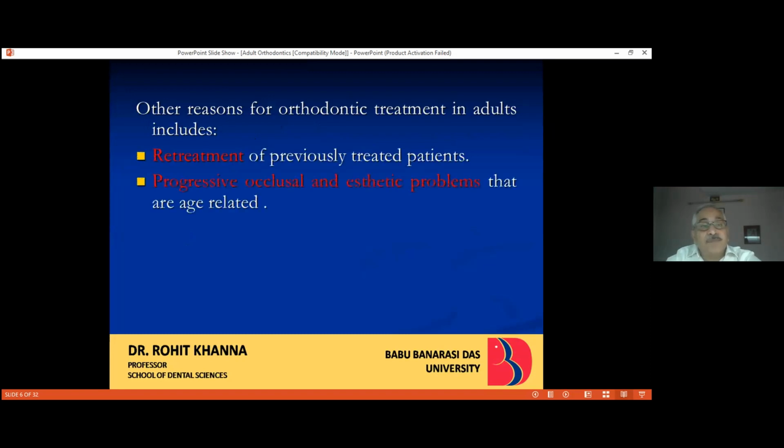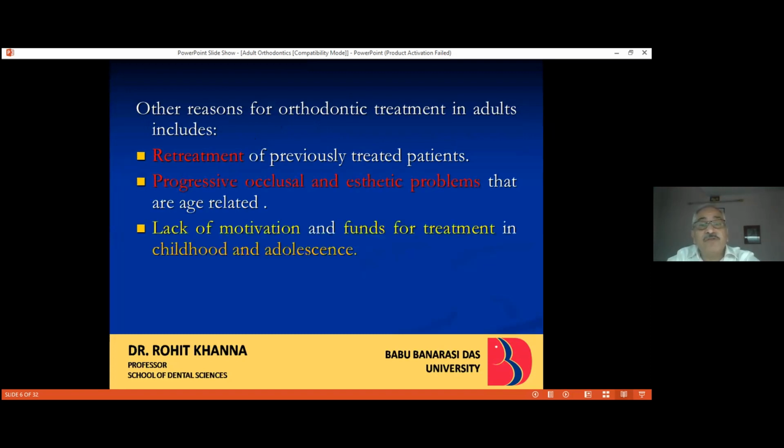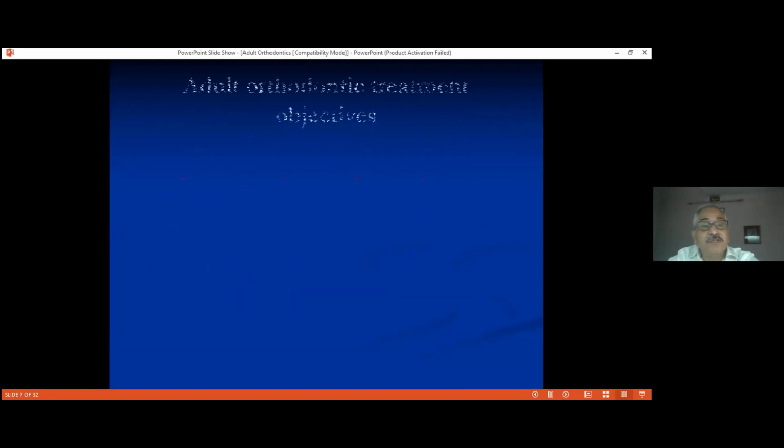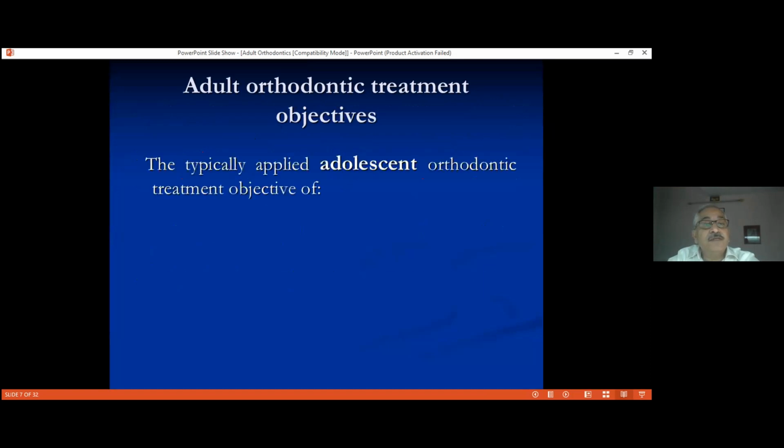Other reasons for orthodontic treatment are cases with certain relapses, progressive occlusal and aesthetic problems that are age-related, lack of motivation and funds for treatment in childhood and adolescence, and referral for treatment in conjunction with restorative procedures. Adult orthodontic treatment objectives are typically applied from the adolescent orthodontic treatment objectives of dentofacial aesthetics and stomatognathic function, like if there are premature contacts,